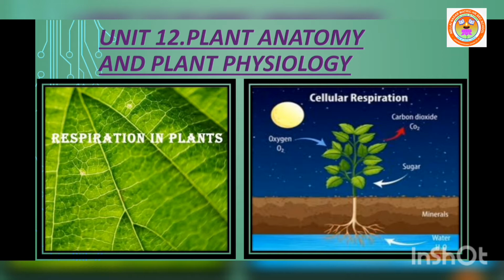It's a physical process. But what do you mean by cellular respiration? It is a biochemical process that occurs within cells where the food is oxidized to obtain energy. This is known as cellular respiration. Oxidation of food material releases a large amount of energy, and that energy is used for various metabolic activities. So, this phenomenon is called cellular respiration.